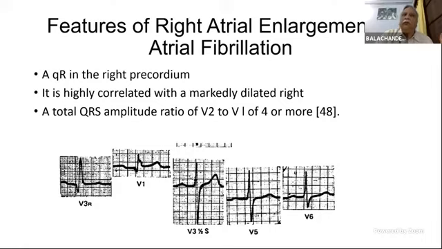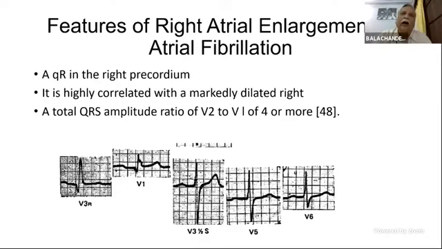Is also representative of a right atrial overload. And this is particularly useful in patients with right atrial fibrillation. So the exam question is, how do you diagnose right atrial overload or right atrial enlargement in a patient with atrial fibrillation? Answer is a QR pattern in V1 and an increase of the R wave from V2 to V1